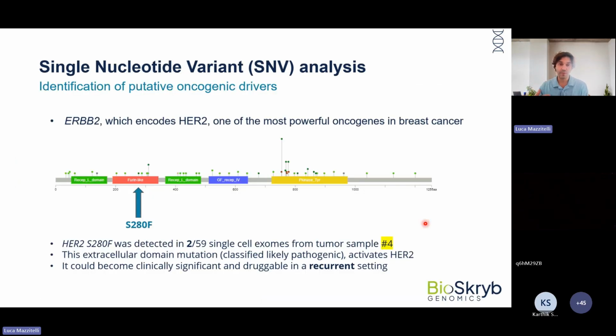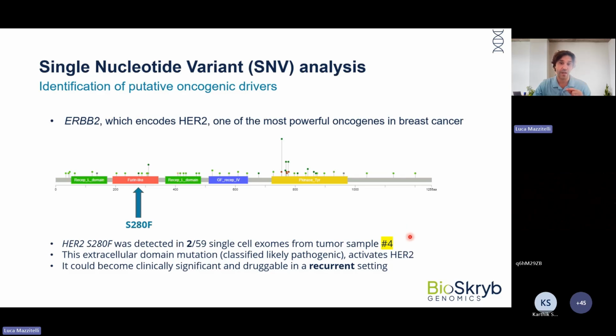But if you want to go deeper and sequence at higher depth, then you are able to detect the somatic mutations, so the single nucleotide variants, and perform single nucleotide variant analysis. In here, we have, for example, one gene, ERBB2, which encodes for HER2, one of the most powerful oncogenes in breast cancer. And in two single cells out of 59 cells from sample number 4,